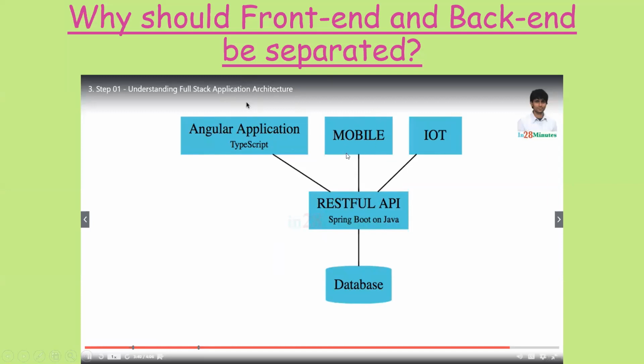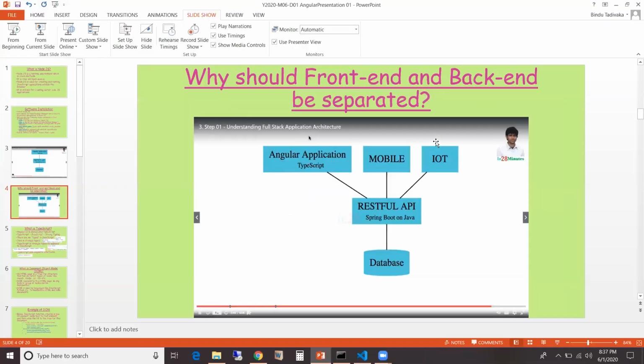For the same thing, we may need a web application, we may need a mobile app, and then there is IoT, and I don't know what IoT is. If anybody knows what IoT is, they can unmute and explain.